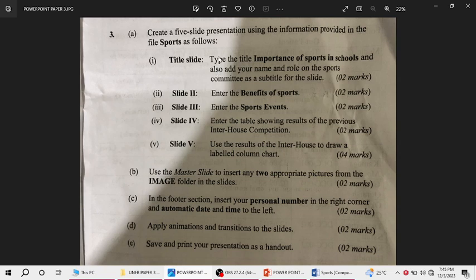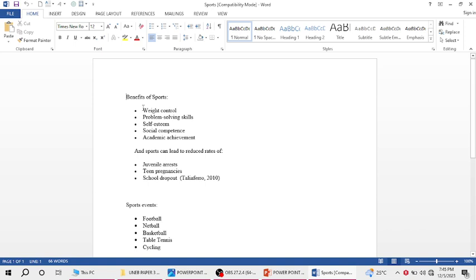Maybe if a question does not require you to use support folders, and it's about PowerPoint, like that question that was in paper 2, it didn't require people to use support folders, but this one requires. It's even in bold. Enter the benefits, and it's having 2 marks. So I'm already having the first 2 marks. So I simply go to the support folder, I highlight only the benefits. I copy, I don't cut. Right click,